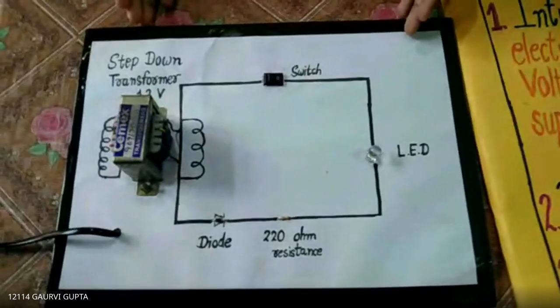A step up transformer is used to increase the voltage, and we can see it during the transmission from the power station to our substation. Another one is the step down transformer. A step down transformer is used to decrease the voltage, and we can see it in the transmission from the substation to our homes, factories, etc.